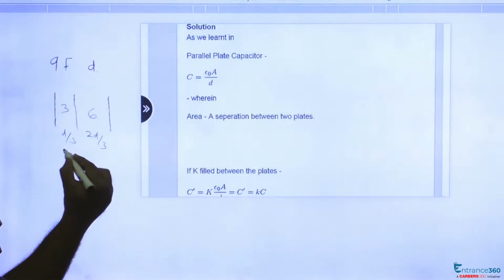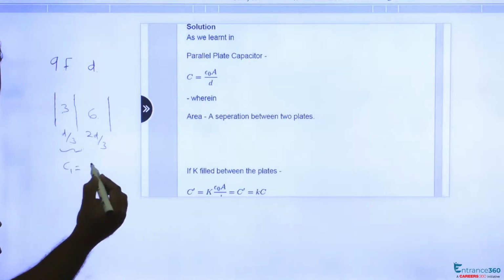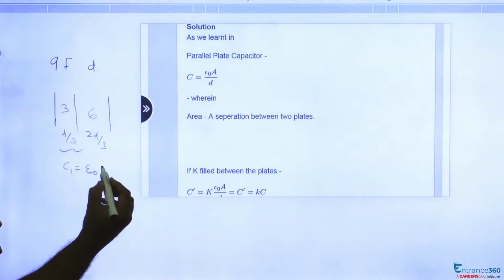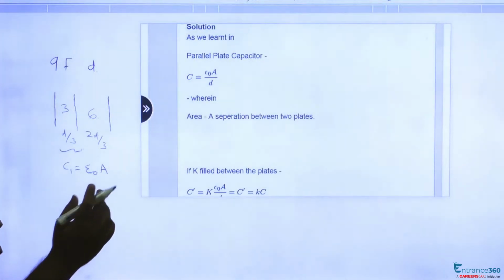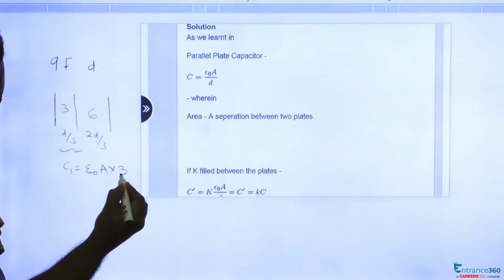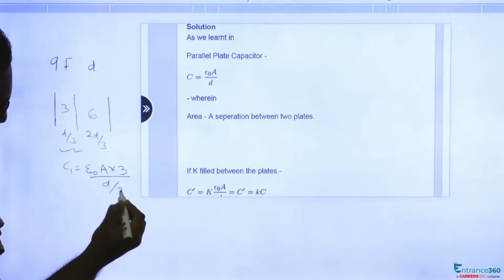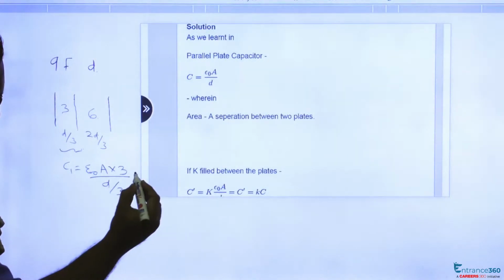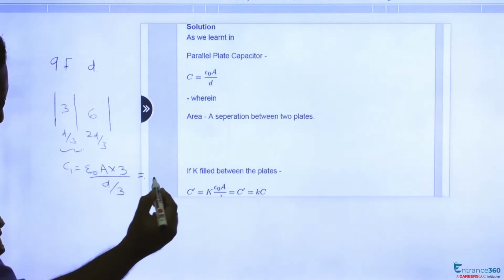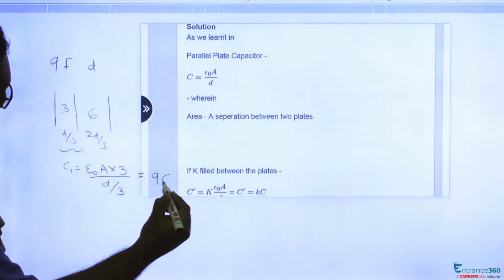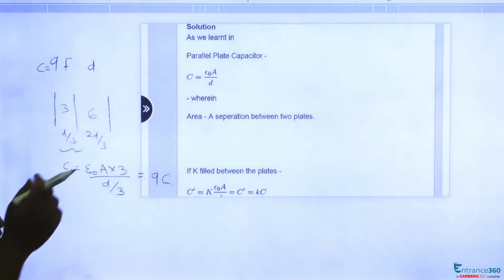For first part, C1 equals epsilon 0 area of plate, dielectric constant value K divided by distance d by 3. So this will be 3 into 3, 9 epsilon 0 A by d, which is 9C. So value of C is given as 9